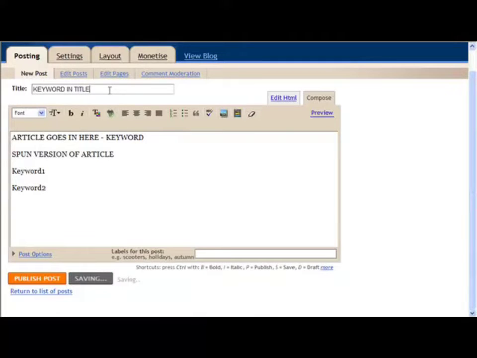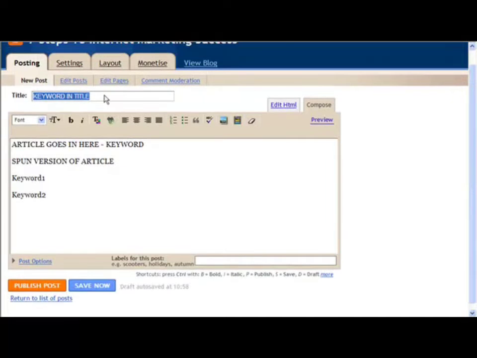So you don't want to create, say, a 60 spoke link wheel with, you know, every single one having the same title, because that's obviously going to give it away. So you want to vary the title, different combinations of keywords and so on, in order to really make it look good and sound good. And basically that's what you do once you've got your keywords. So this one is going to link to our money site, say, and then this one is linked to the next link wheel spoke. Now obviously if you haven't created this yet,